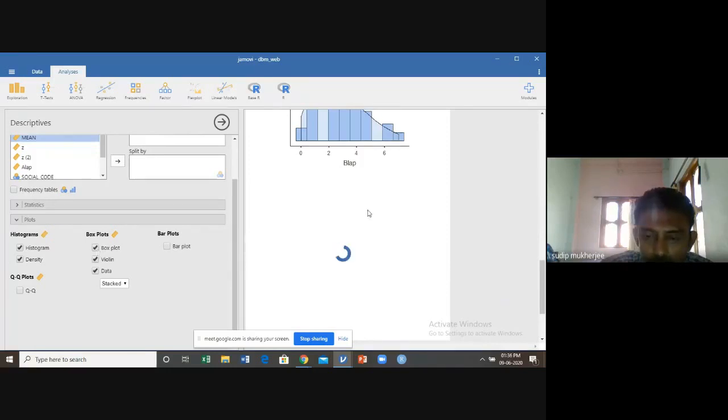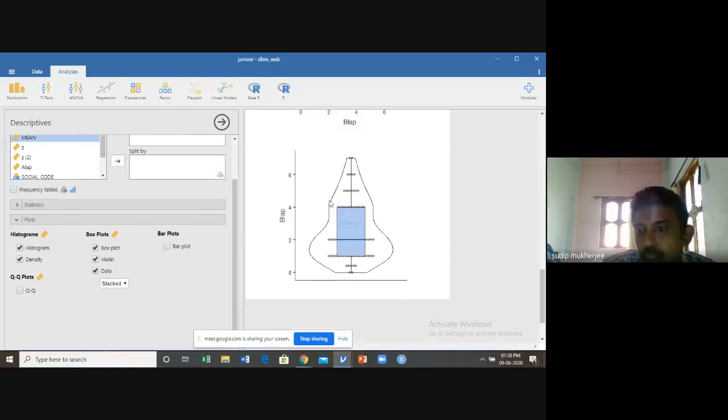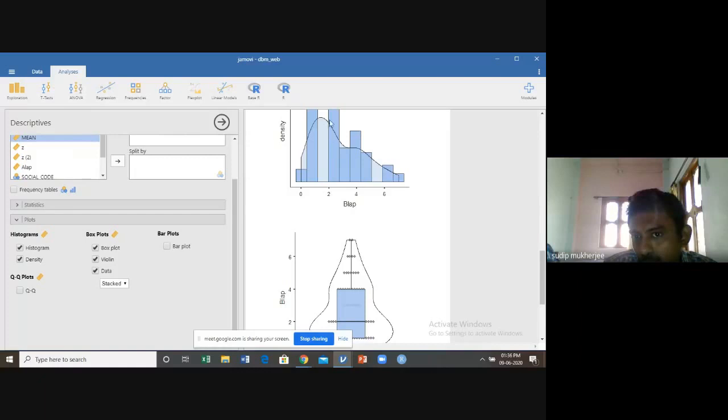If you see the box plot in this particular diagram, the median value is here, because 50% of the observations are below this, and the observations above 50% have a greater tail of the curve.